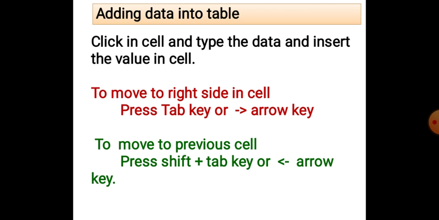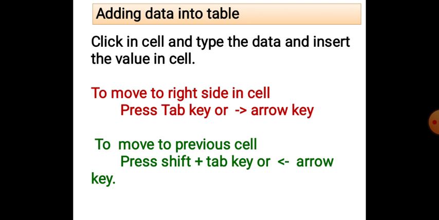Next, once the table is inserted in MS Word, we will add the data in the table. Simply we have to click in the cell and we can type our data. But to move between the cells, we will use the Tab key or arrow keys. The Tab key allows us to move to the next cell on the right, and Shift plus Tab allows us to move to the previous cell.